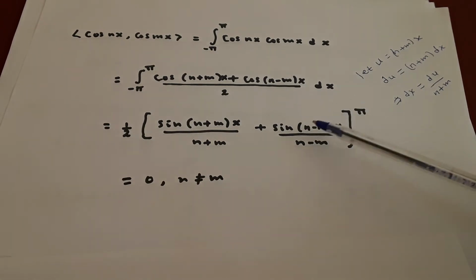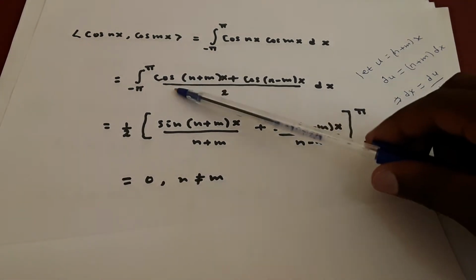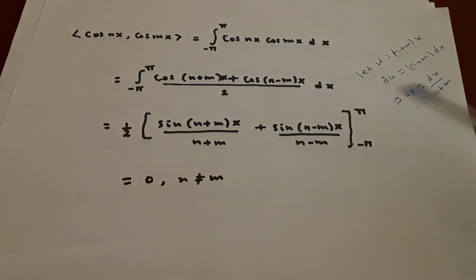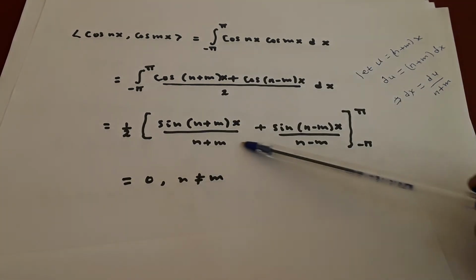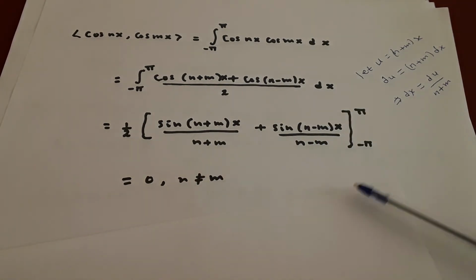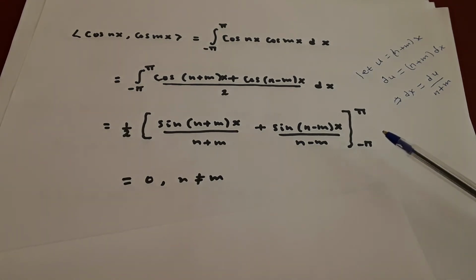The integration of cos u is sine u, and instead of dx we use du over n plus m. N plus m is free of the integration, so you can move it out. That's why we have this denominator. Again, we also have n minus m as a denominator for the second termwise integration. Finally, apply the